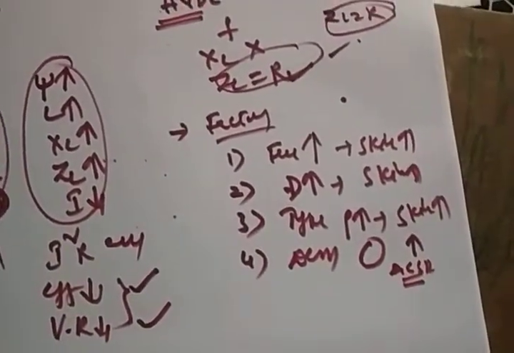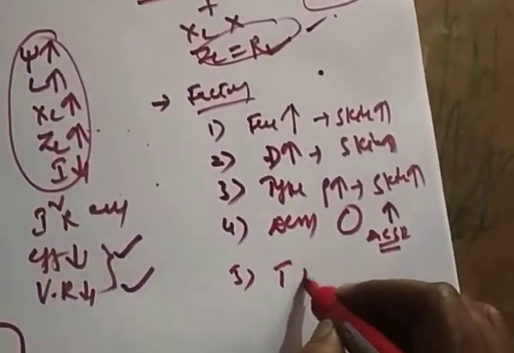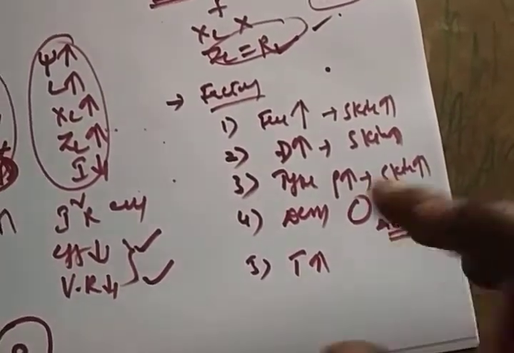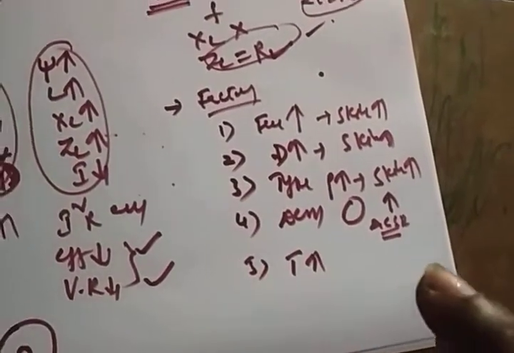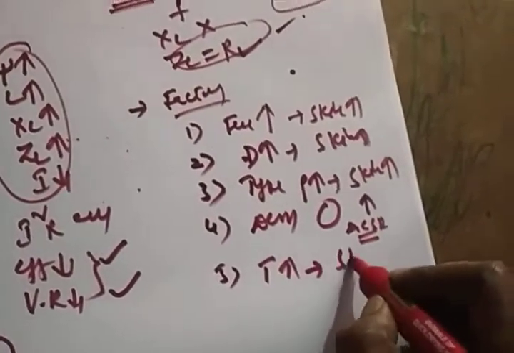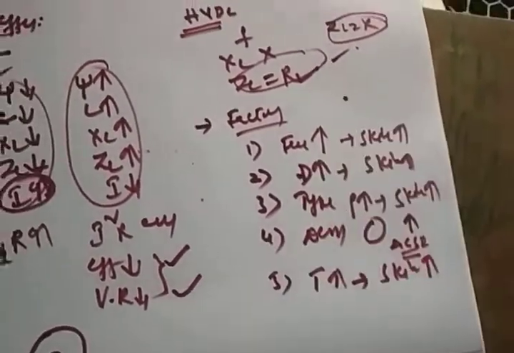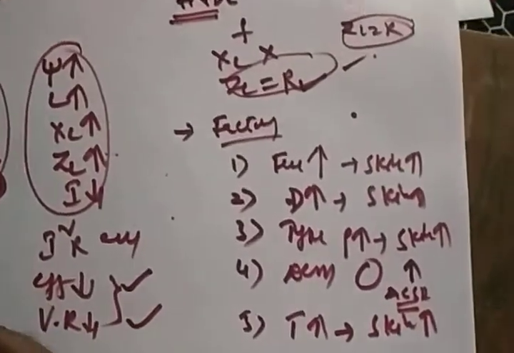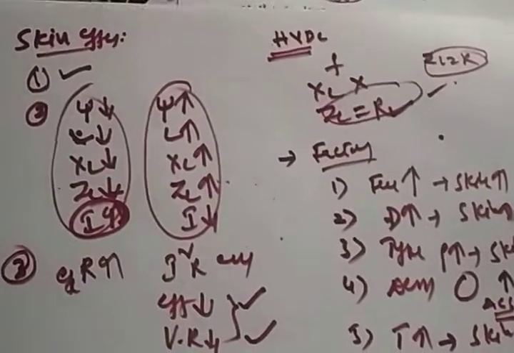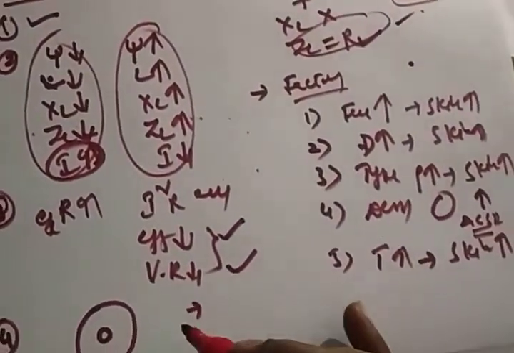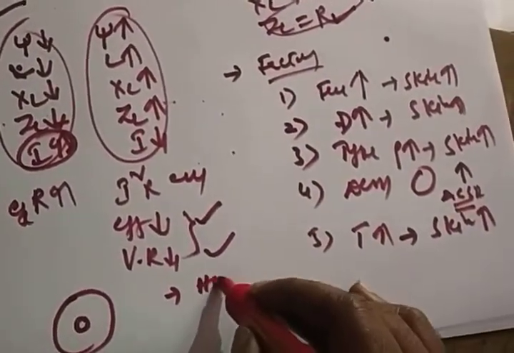And after that, temperature. Resistance is temperature dependent: if the temperature increases, the resistance increases. If the resistance increases, the current value also changes, so you get non-uniform current. So as temperature increases, the skin effect also increases. These are the factors that affect the total skin effect in a transmission system. And after that we discussed how to reduce the skin effect.